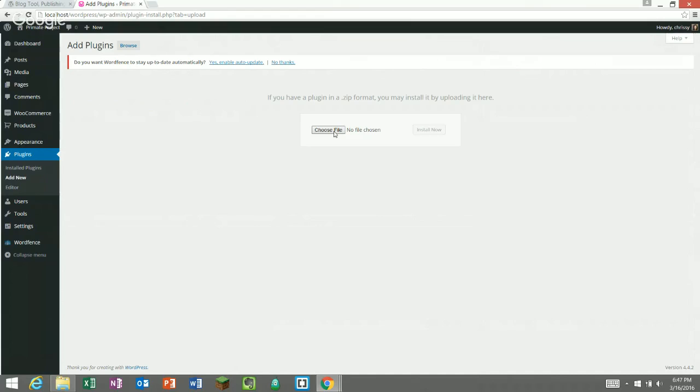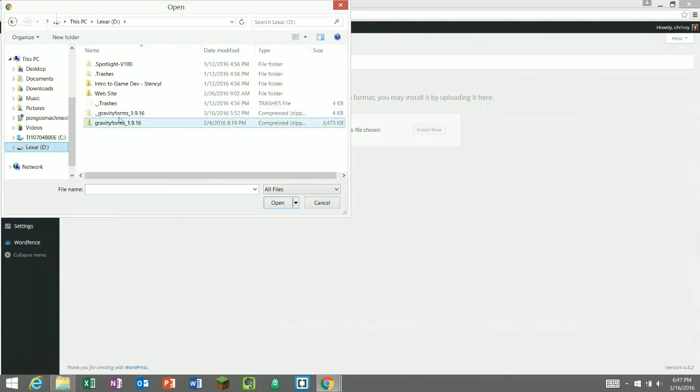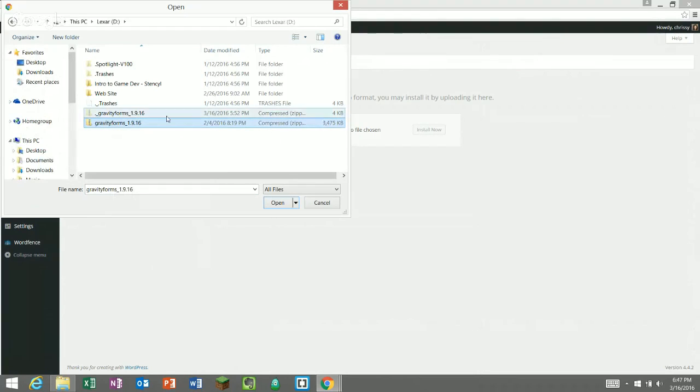Same thing for plugins. So I'm going to click on Choose File, and I'm going to go to my flash drive, and there is a Gravity Forms zip. It's not the one with the underscore because I copied this